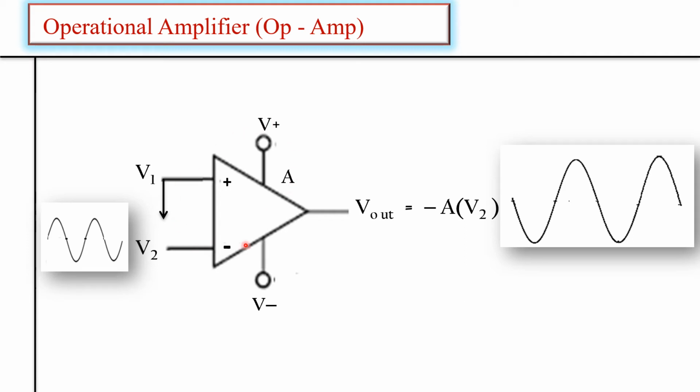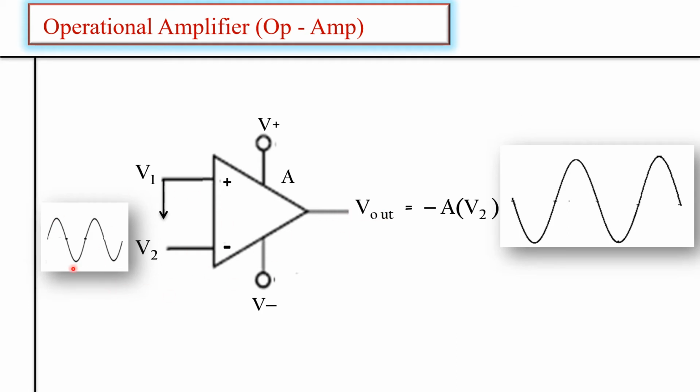Now let us suppose that we apply a sinusoidal wave signal input. Then at the output we get an amplified signal which has a 180-degree phase with the input signal. It is amplified, and now the phase has changed. It is not the same as the input, but we get a 180-degree phase shift, right? So the output gets inverted by 180 degrees. That is why this terminal is known as the inverting terminal, because the output gets inverted with respect to the input.